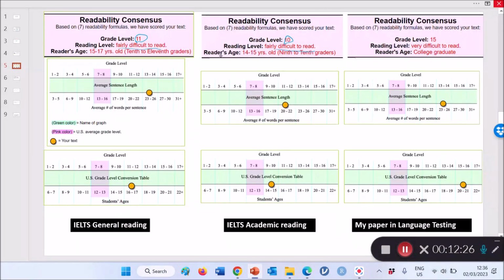And the reader's age for this text would be between 14 and 15 years old, which corresponds to the 9th to 10th graders in pre-tertiary schools in the United States, whereas the other one, the general reading test, is suitable for 10th to 11th graders. So it's by 1 or 2 years above the difficulty level, in other words, of the academic reading test. Now let's compare these two with my own texts in terms of their readability,